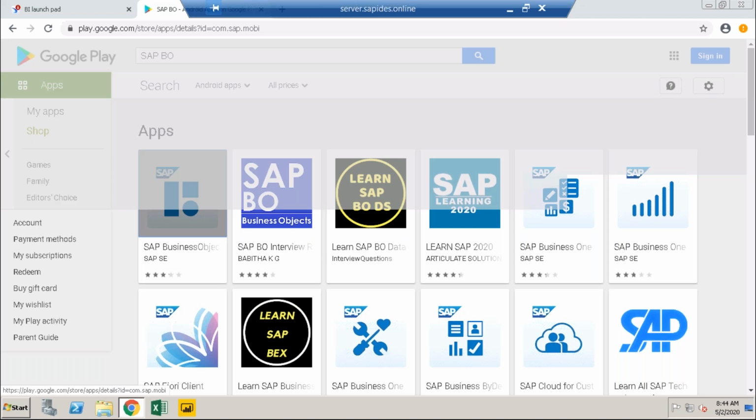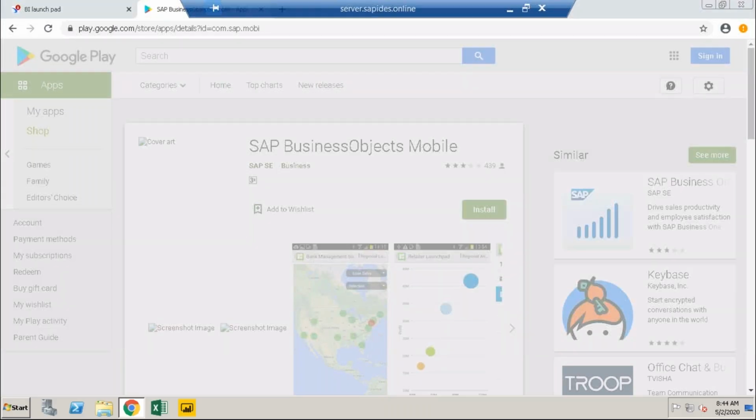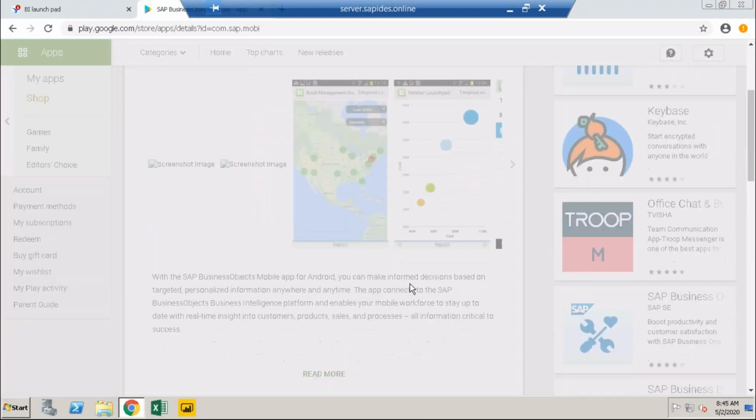This BO tool, we have to configure the BO server. After configuring the BO server, it got stuck a lot.